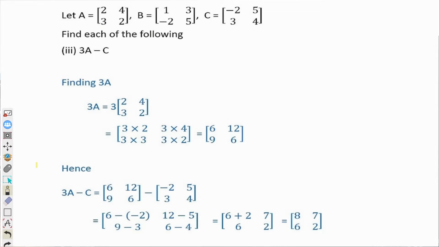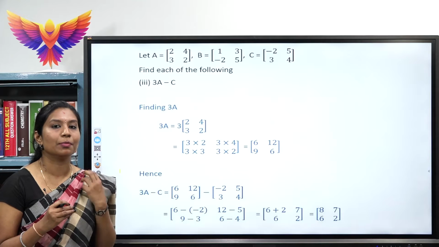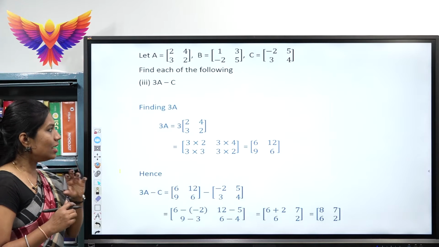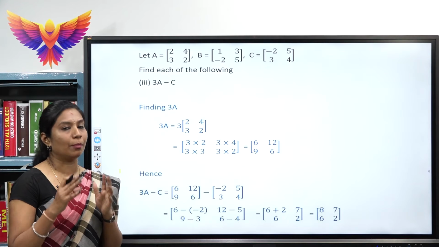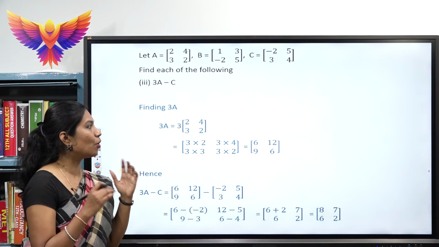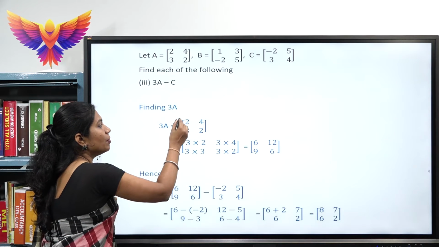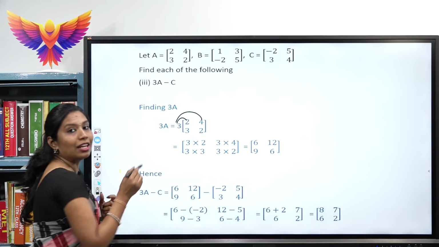We will come across something called scalar matrix multiplication. So, what is a scalar matrix multiplication? Any scalar multiplied with a matrix will give back the product of that scalar, which needs to be individually multiplied throughout the elements of the matrix.